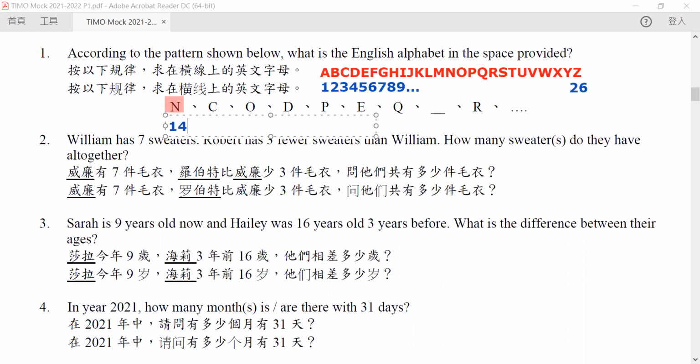So we now can convert it into the number 14. So we can do this. Once we convert all of them, you can see it is much easier for you to know what are the